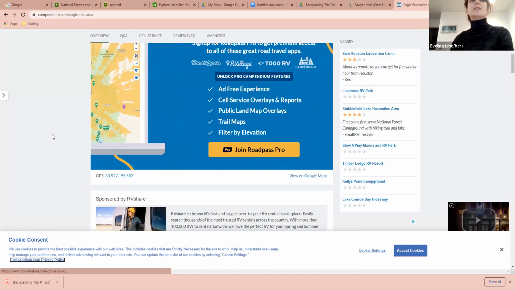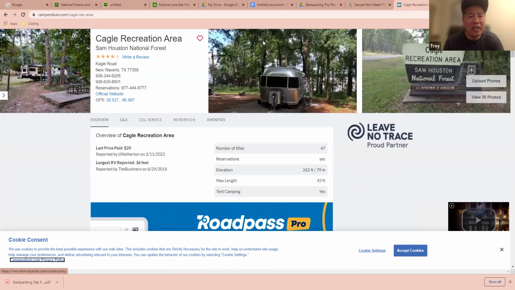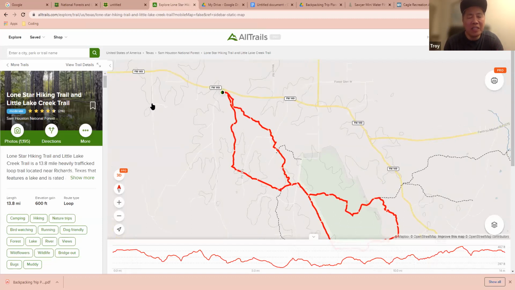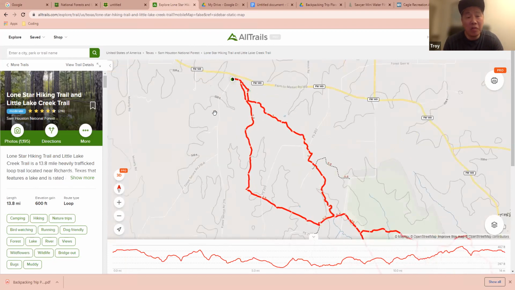So I would go back to All Trails, and I wouldn't worry too much about having an established campsite. What you basically want to do is find the trailhead that you want to go to, and then find the trail route. And here you already have it all mapped out, so you could just follow this route.